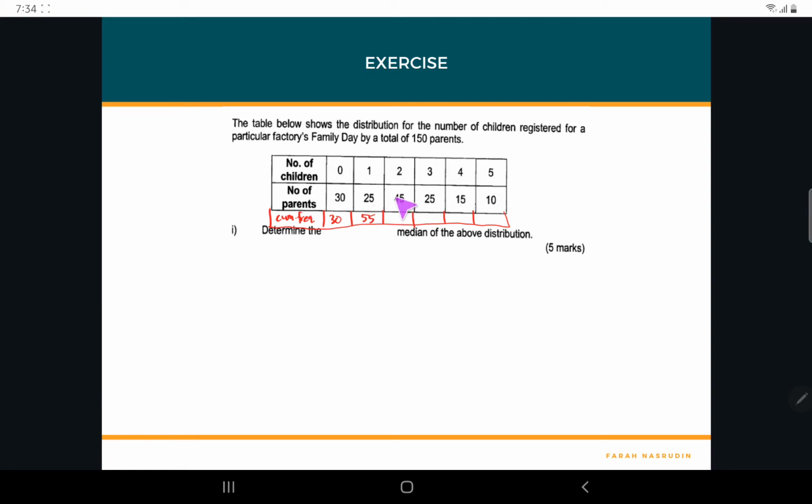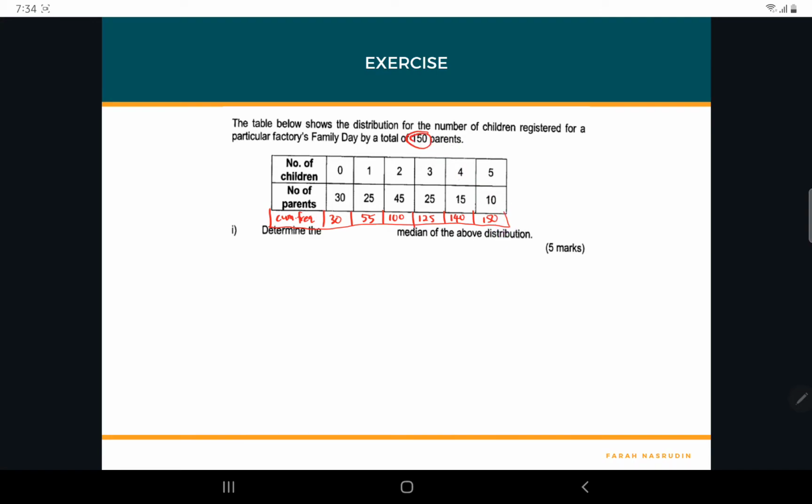Okay, 55 plus 45, 100 plus 25, 125 plus with 15, 140, and 140 plus with 10, so 150. Make sure you got the same number with the